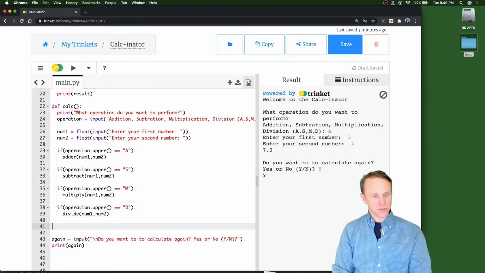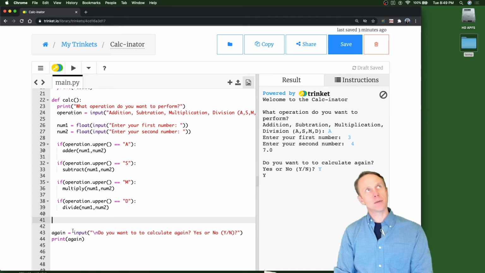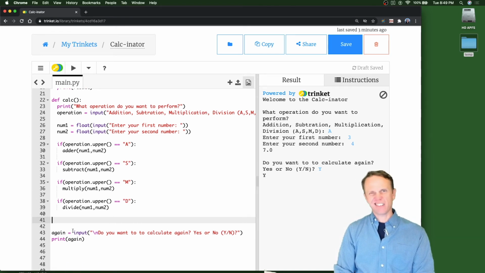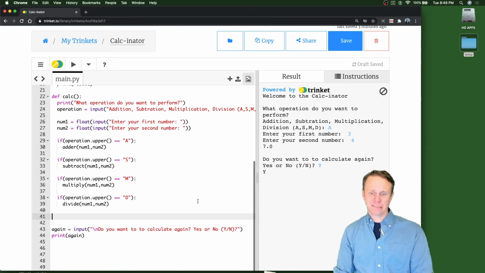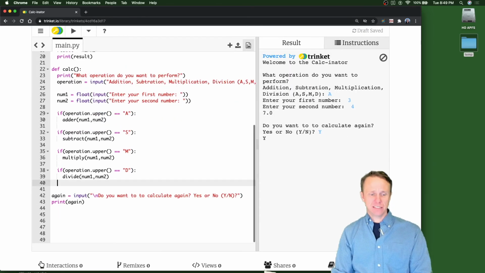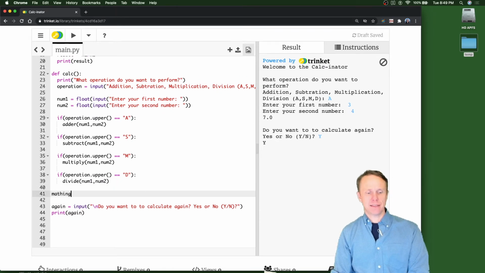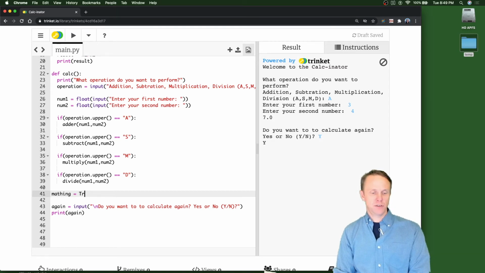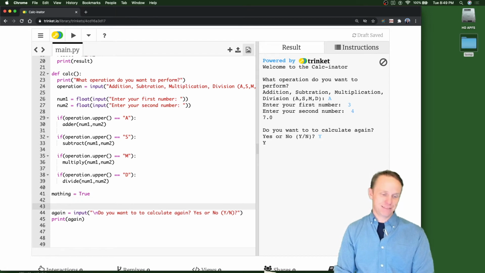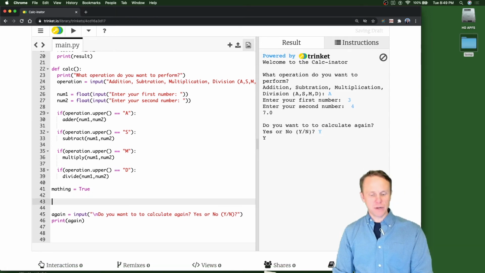So we want to be playing, or, yeah, let's say playing, calcing, what are we going to call it? Using octave, mathing, let's call it mathing. We're going to start off the mathing to be true. If you're actually mathing, my wife would hate that because she's a math teacher, but if we were mathing, we'll say,